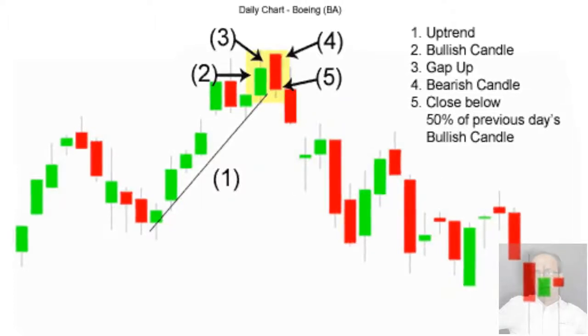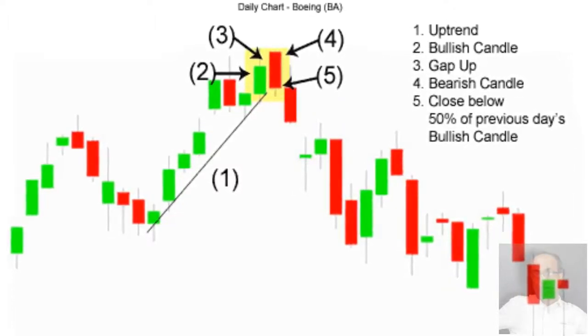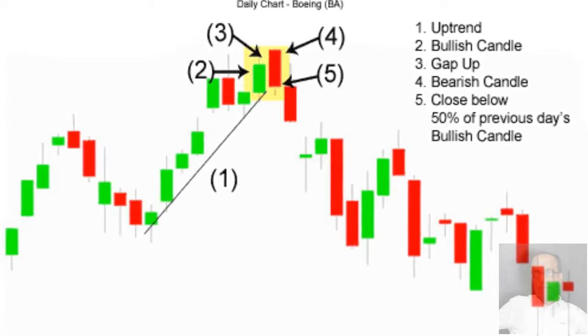Hello, this is Somitra and today we will have a look at what is known as the dark cloud cover pattern